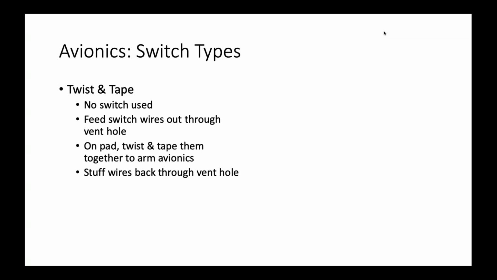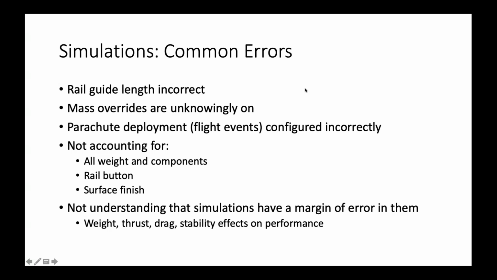Well, I'll let you guys continue to think. For now, I'll go on to the RockSim simulations. So, from things that can go wrong when we make our rocket simulations, we're using a 6-foot or 10-foot launch rail, and OpenRocket and RockSim both default to, I believe, 3 feet. So if you just use it right out of the box, you'll already be incorrect with the rail guide length,